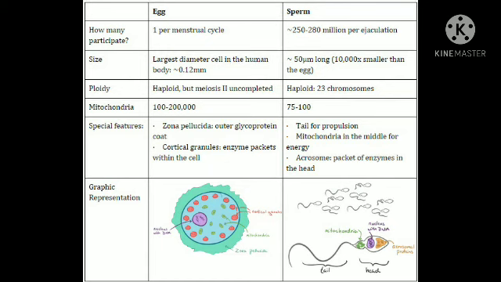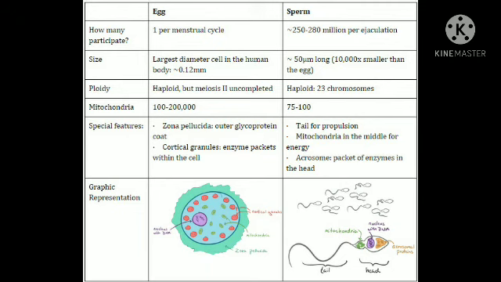Ploidy is haploid in both, but in the female the second meiosis is incomplete up to the period when fertilization takes place, while this condition is absent in the sperm. The number of mitochondria is about 100 to 2 lakh in the egg, while it is just 75 to 100 in the sperm. Even those of the sperm are not passed on to the offspring. The mitochondria in an offspring are always of the mother. So we can say that mitochondria show maternal inheritance only, not paternal. Our mitochondria always resemble our mother's, not our father's.